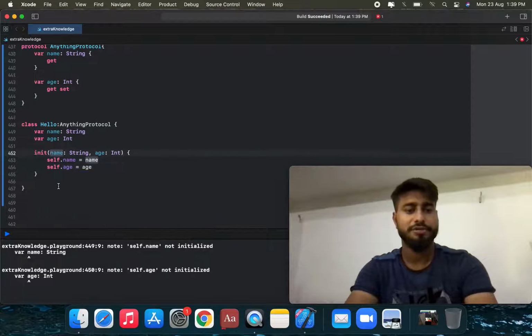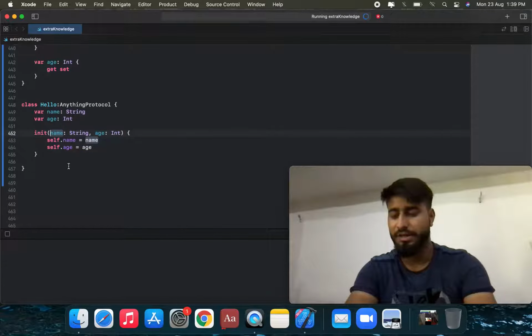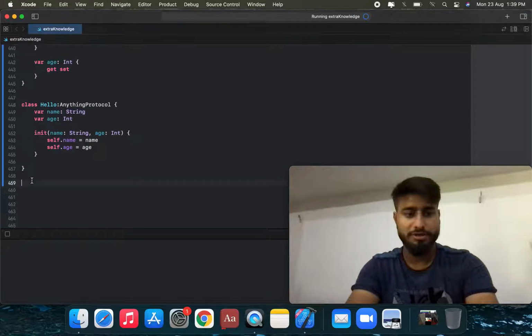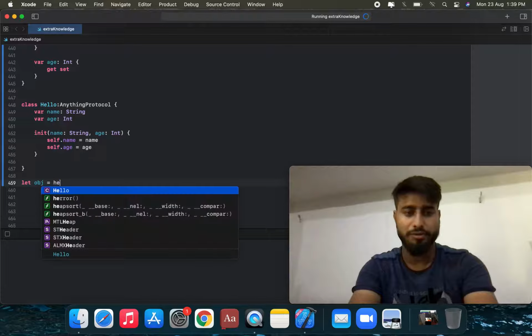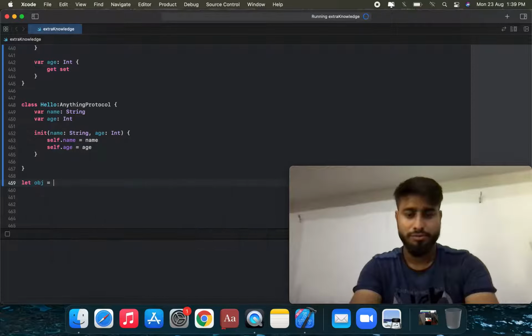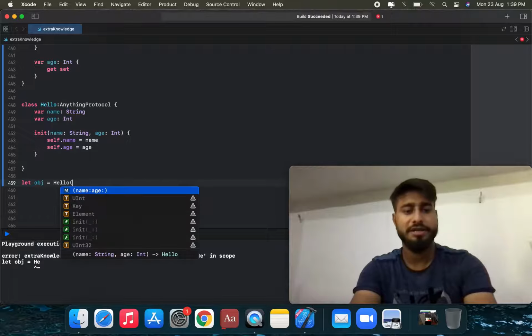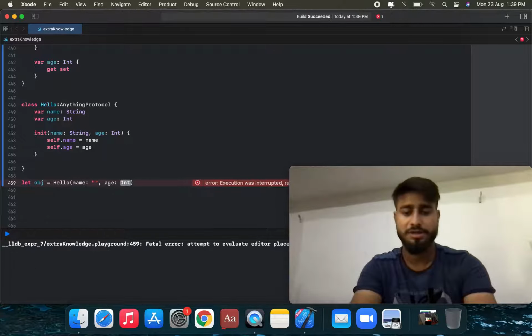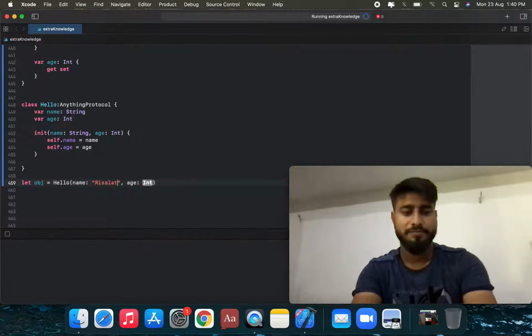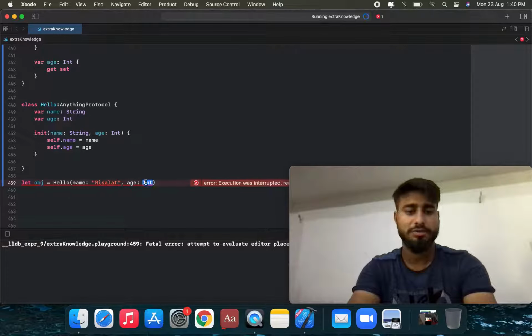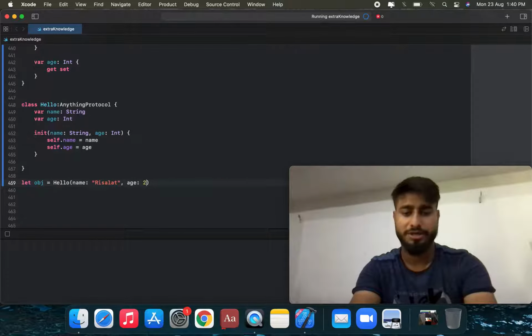Then we initialize the properties, and we create an instance of this class. So let obj = Hello, with the initializer name and age. Suppose the name is Risalat and the age is 20 years.